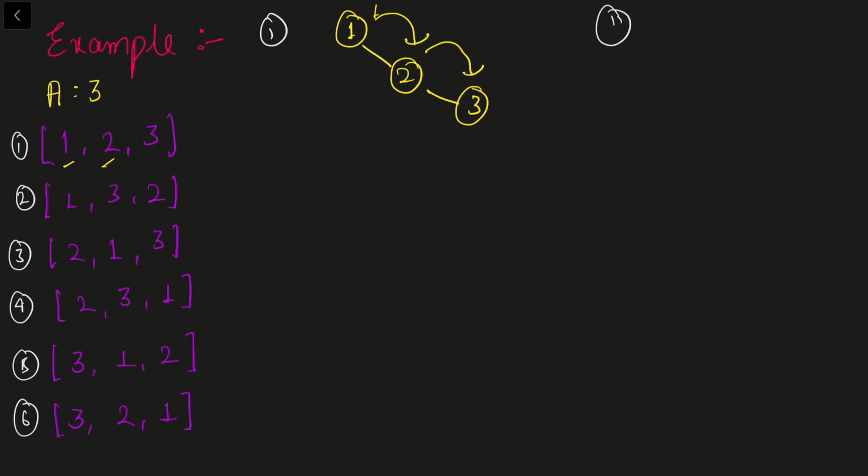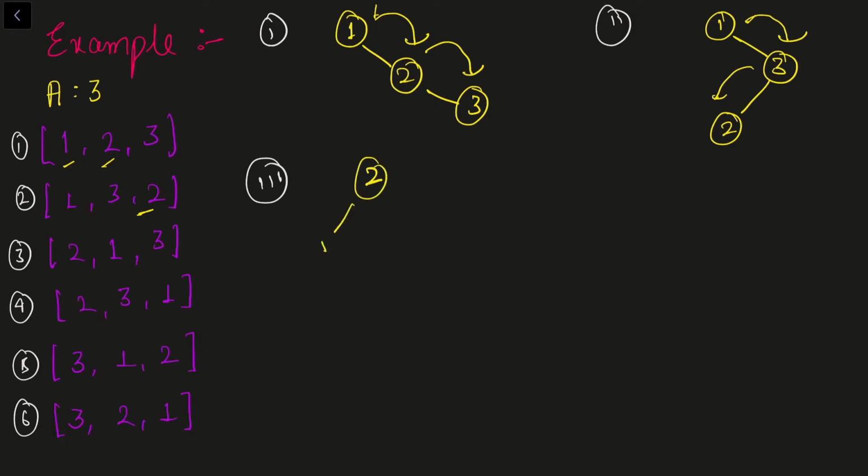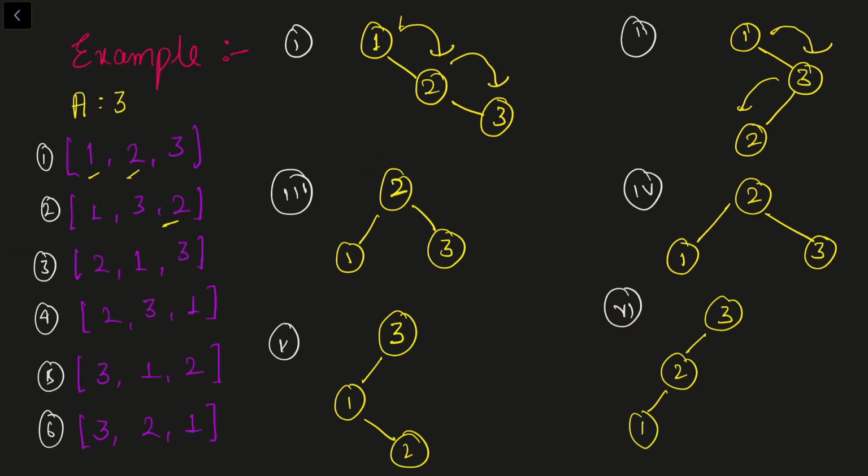Okay. Now let's talk about the second binary search tree. In the second binary search tree we have 1 3 2. So first we need to insert 1. After that, 3 is greater than 1, so 3 will come on the right. Then we have element 2 as the last element, so we need to insert 2 here. Now from 1 I know that 2 is greater than 1, so it must be on the right of 1. From 3 I know that 2 is less than 3, so it must be on the left side of 3, so 2 should be here. So in that way we can create binary search trees. For the third one it will look like 2 1 3. Similarly, in this fashion we can create all these 6 binary search trees.